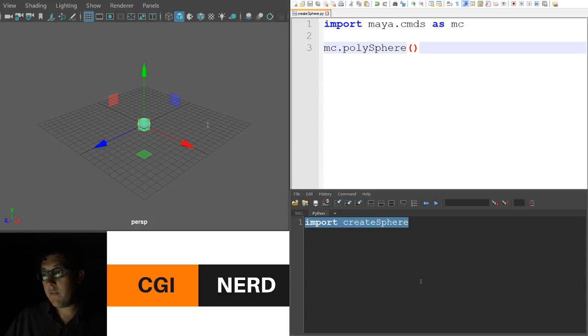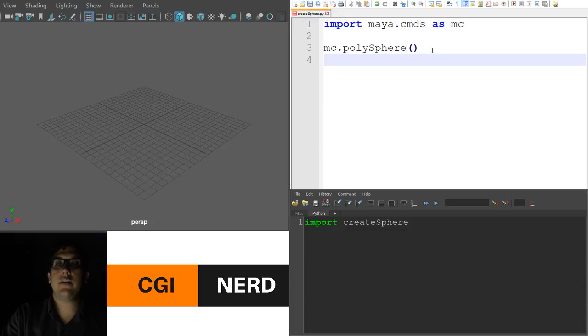And when I run this, you can see that I create a sphere in my scene, and that's all the command is doing right now. There is something that you have to be careful with when you are doing this. So if I go back into Notepad++, and let's say I added to this code